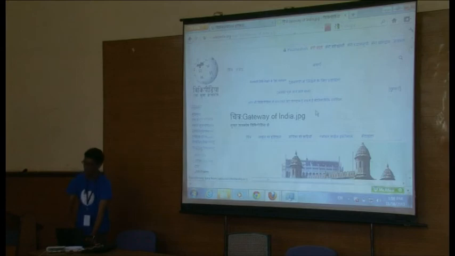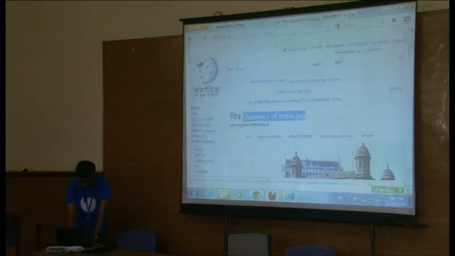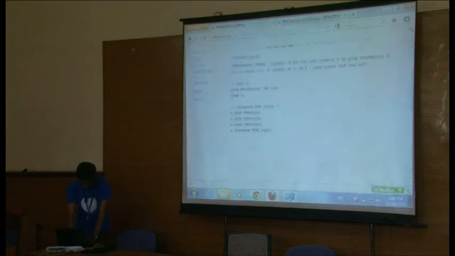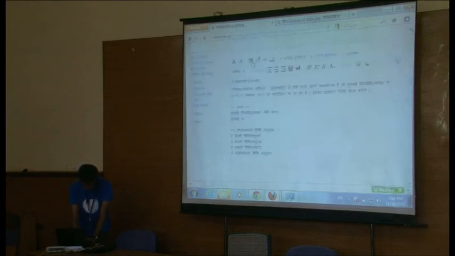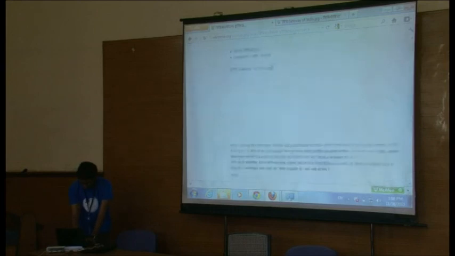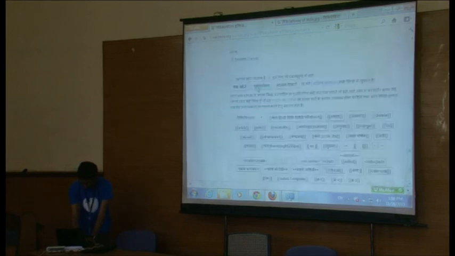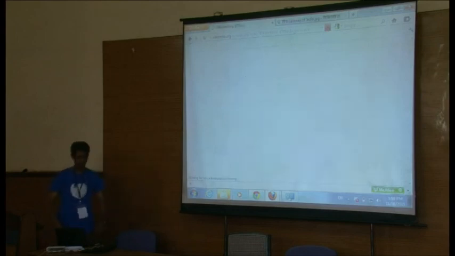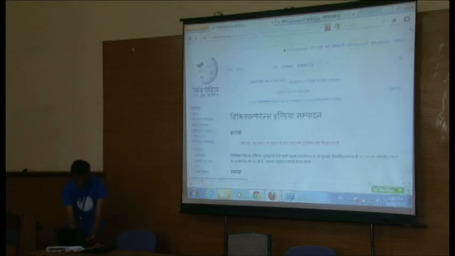If the picture is already there in Wikipedia, copy the name of the picture, go here, in any place, click on this icon which says embedded file, paste the picture name like this, and see the preview.